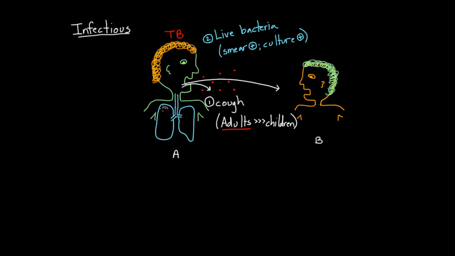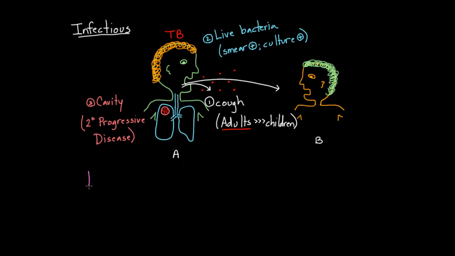And a third point is if you look in their lungs and you see large cavities, sometimes you call that cavitary disease, but let me just write cavity here. If you see a cavity there, we know that cavity is going to be full of little TB bacteria. Those cavities are classic for that. And so whenever you see or think about cavities, I want you to remember that the folks that get cavities are the secondary progressive disease folks. Remember, there's primary and there's secondary, and it's the secondary progressive disease that causes these cavities. So these are the folks that are going to be more infectious because they're loaded with live TB bacteria.